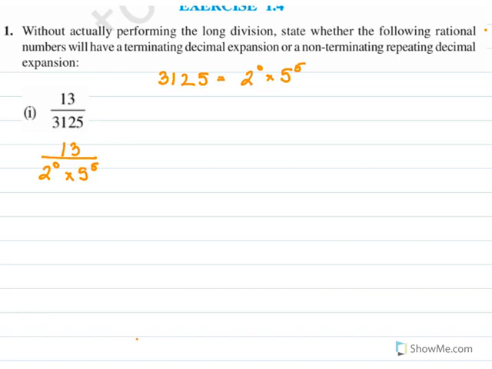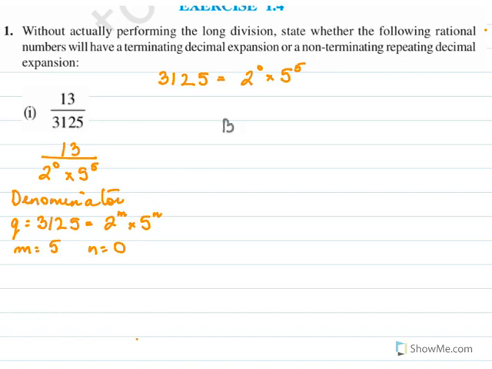Hence the denominator q, which in this case is 3125, is in the form of 2 raised to m and 5 raised to n, where m is 5 and n is 0. And by theorem, we know that any given rational number